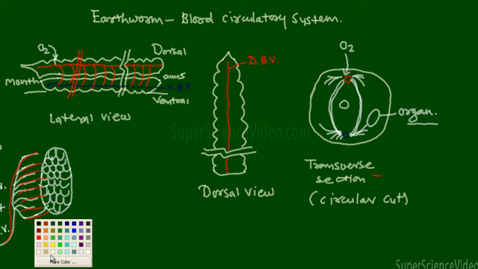Now find capillary network occur which are connected to this capillary network, which run along the organ tissue. When metabolic activity occur within the cell produces carbon dioxide. This carbon dioxide enter into blood capillaries surrounded to the organ, and this CO2 enters into microcapillaries. Now CO2 enters into main ventral blood vessel,